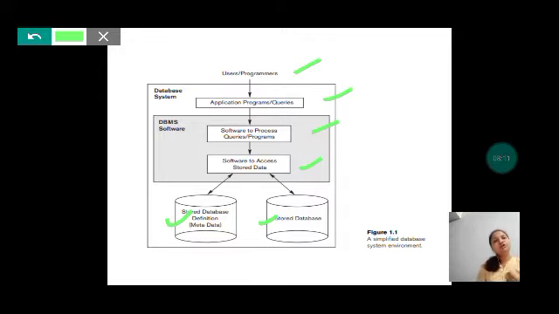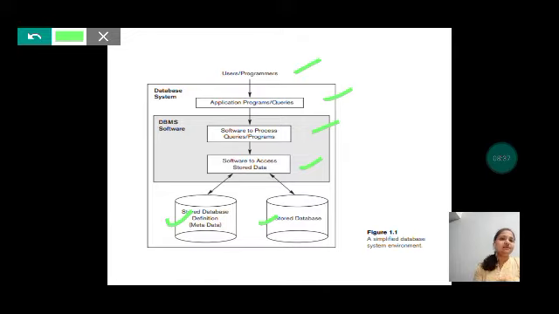If I want to view just the photos which I have uploaded, I click on upload. That is nothing but my query to the database software, to the Facebook database, that I want to view the photos which I have uploaded.